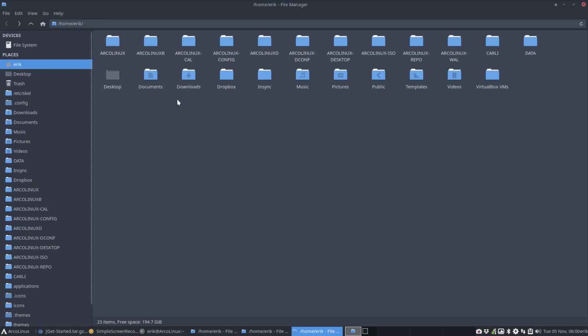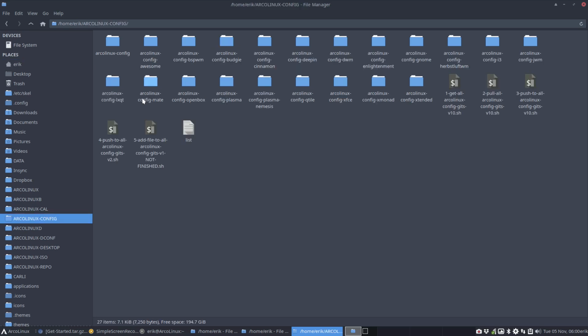Okay, so that's all the configs, and I've put them all together. All the configs are in here, which means that from time to time, if there is something that is applicable for any and all of them, I'll just change things, push to all ArcoLinux config kits,